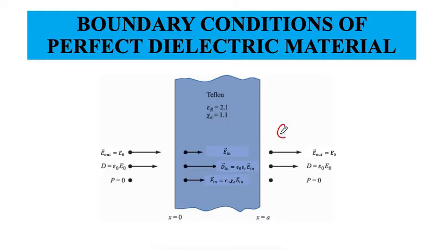Let us assume that the outside field is uniform. So the electric field outside, let us call it E out, has a constant intensity E naught, measured of course in volts per meter. The direction of the electric field is along a horizontal line. Again, I have the electric field outside of the slab directed horizontally, and its magnitude is E naught volts per meter. Now what can I say about the electric field inside?